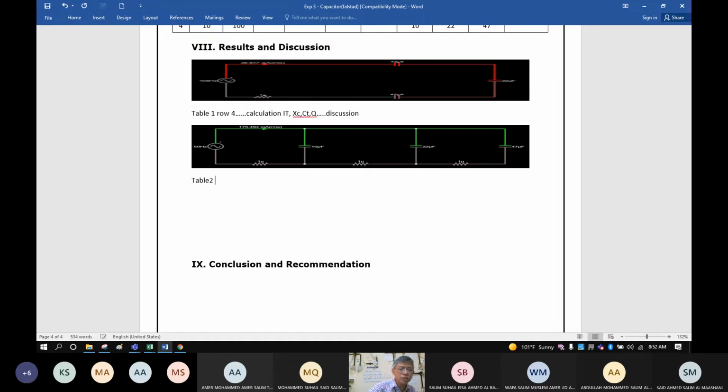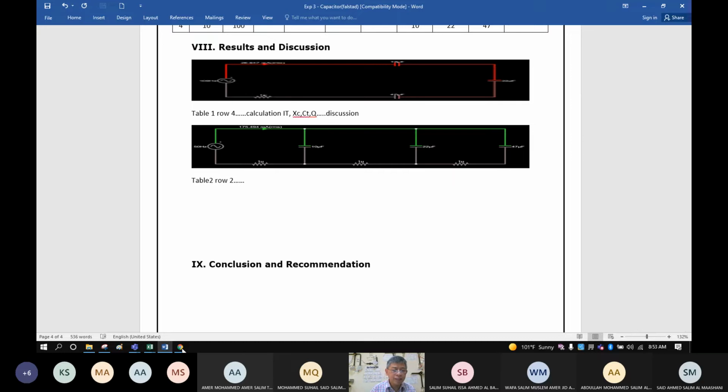Okay, this is important because how can I know where your task is if you don't put this, row number 2. So this is a drawing label. Okay, drawing label, and then the same with this. The calculation of IT, calculation of XC, CT, and then Q, and then your discussion.